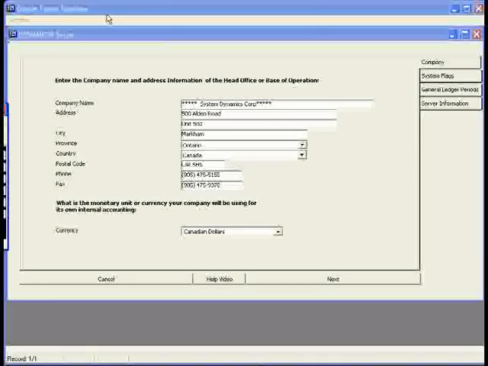The Dynamic 3i Setup Wizard is presented after installation, and what this wizard does is give you the ability to set up very specific information to Dynamic 3i on a global basis. It allows you to change the company name, the address, etc. about the company. It allows you to set the currency code for the company,